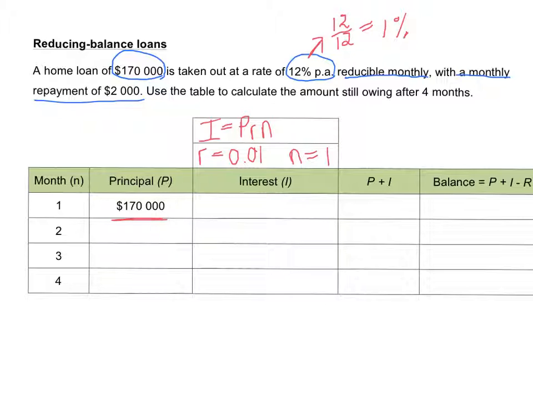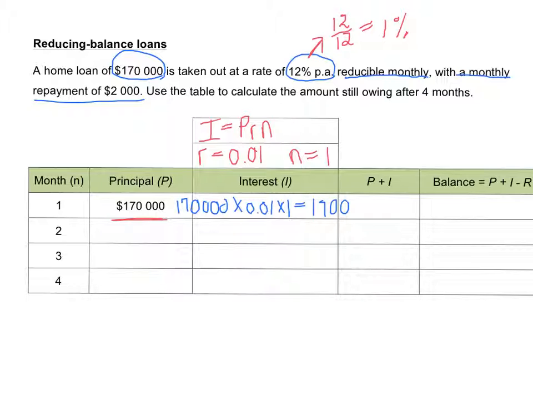Let's look at the first month. We have an outstanding amount of $170,000. We times that by the 1% of interest for 1 month. And that gives us interest for month 1 of